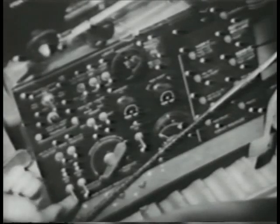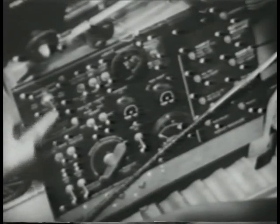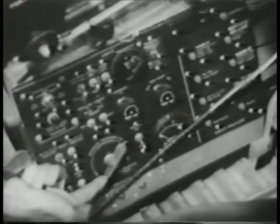On your switch panel, there's your generator switch, propeller switch, and the rheostat that determines the speed of the booster pumps for your fuel supply. This, of course, stays in starting, except in emergency if the engine-driven pump fails. Here's the landing gear warning light. It's a very important little item. When you push the throttle forward on takeoff, the warning light will come on and will remain on until the wheels have been retracted and are definitely up and locked, at which time the light will go off. It will remain off until your throttle is almost fully retarded, as in coming in for a landing. The light will then come